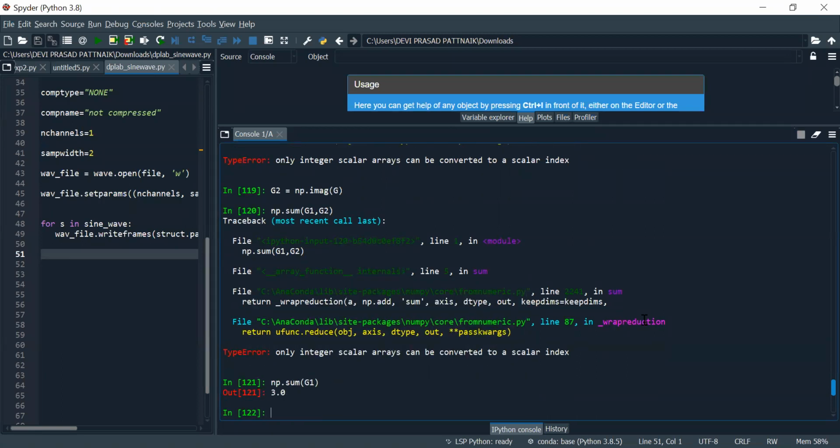Yes. So it is used to take the sum of all the elements of a given array.